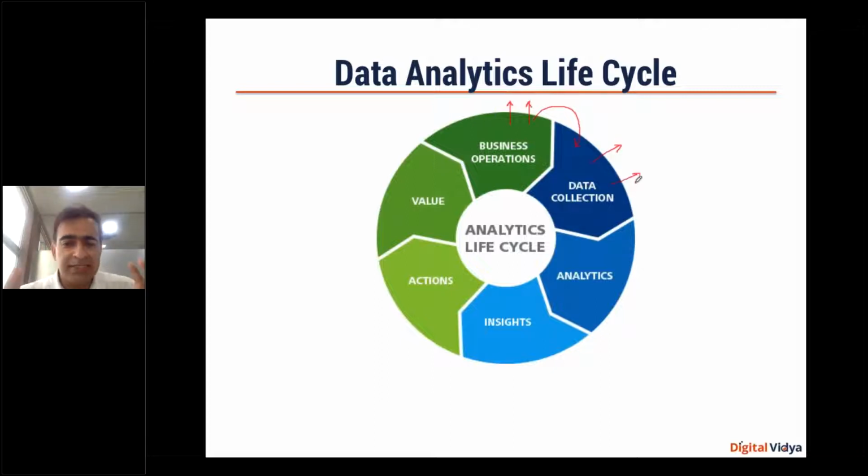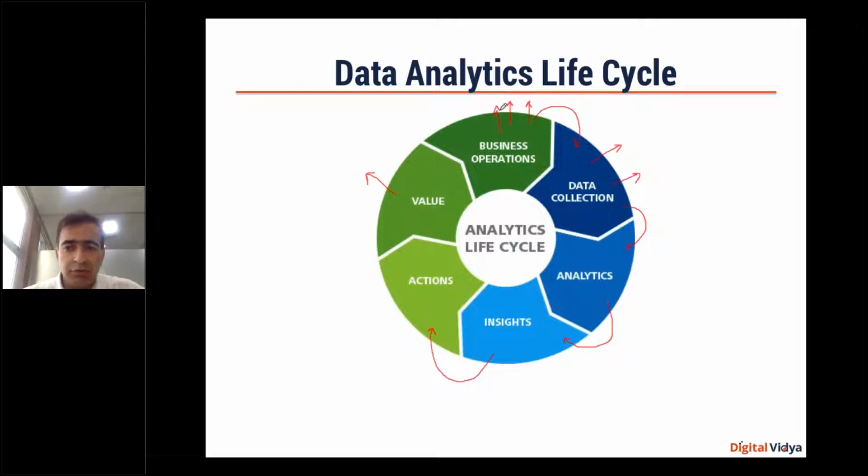Once the data is in the proper shape, the next thing you would do is use some kind of analytics technique to work on that data, and that helps you derive some meaningful insights. Then you would pass on those insights to the people who have given you this business problem. They will take some action and get some value out of it. Time to look into the next business problem. That's what data scientists and data analysts keep doing day in and day out.